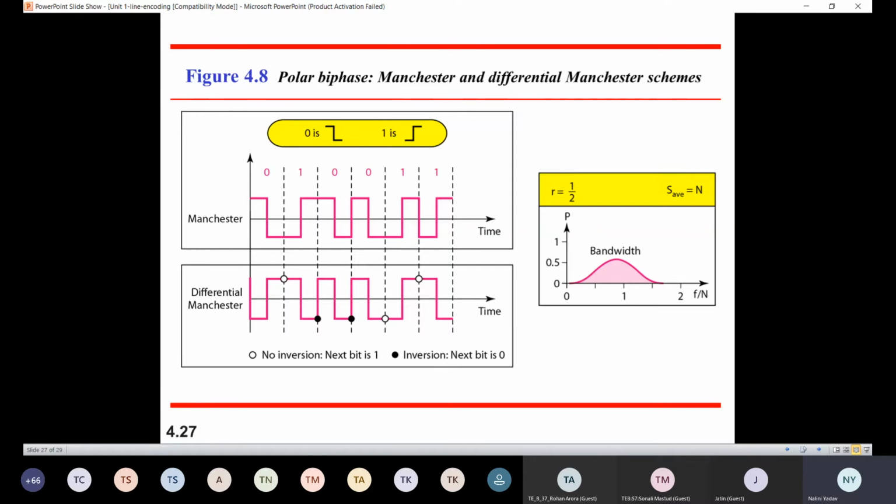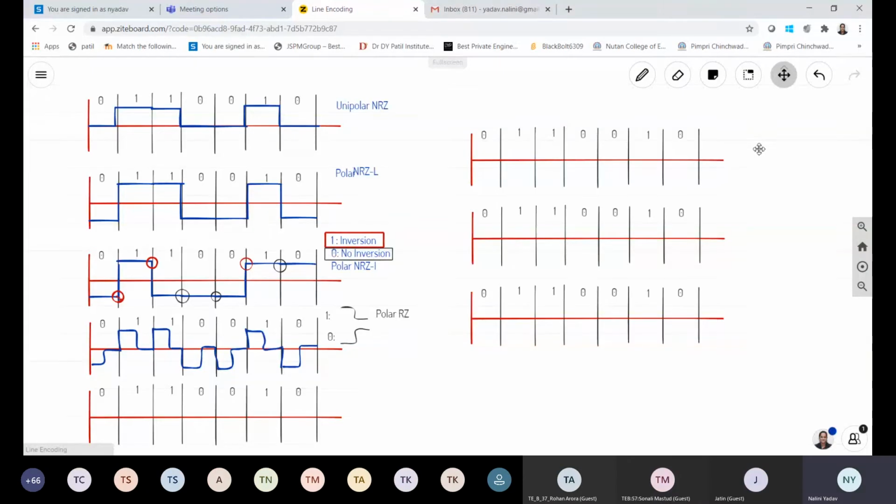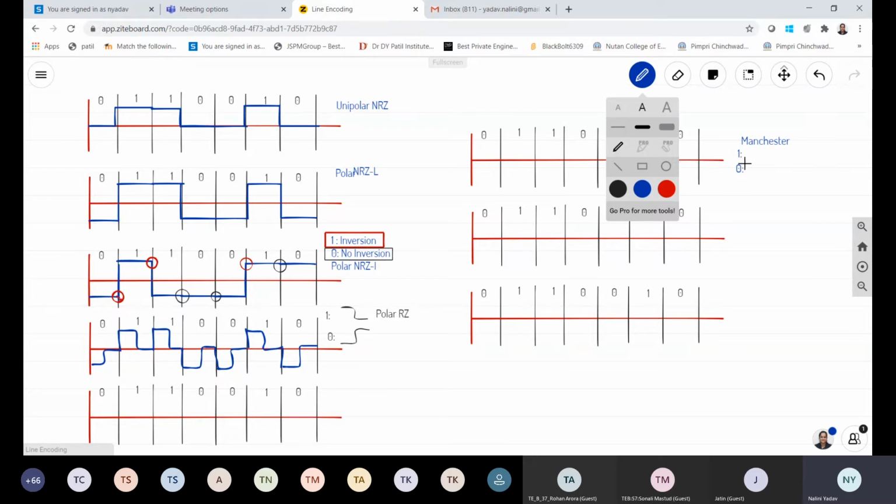So again, we'll go back to our board. Let's come to our board. Fine. So we will be drawing the same signal. It is Manchester. So first we'll say Manchester. Correct? So I am going to draw a signal for Manchester. Again, I have to represent something like this. So I say the 1 is represented as something and the 0 is represented as something. Fine. So let's say 1 is represented as